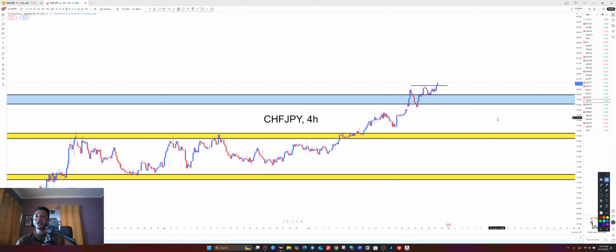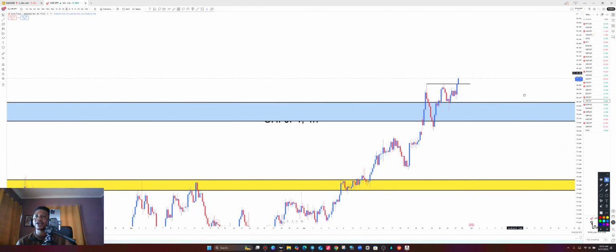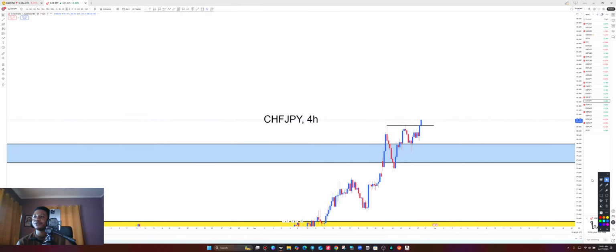All right, so this is NZD JPY on the 4H time frame. Let's add our final touch over here on the 4H. So on the 4H time frame, price has managed to break above the 4H resistance level here with a push to the upside. After a push, we'll be expecting a retest before an entry confirmation to the upside on NZD JPY. So NZD JPY, this also becomes our full and complete technical analysis.